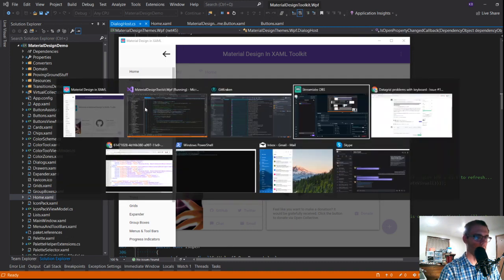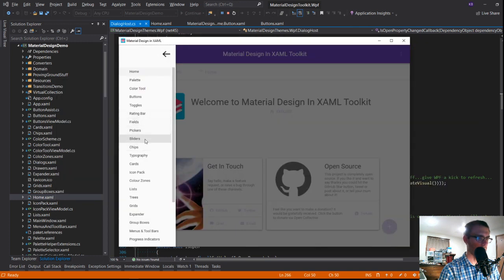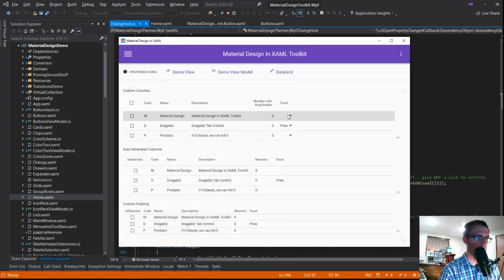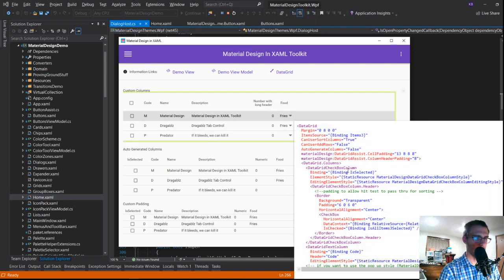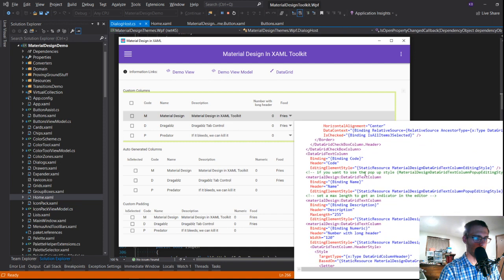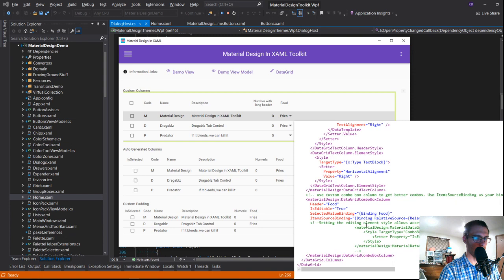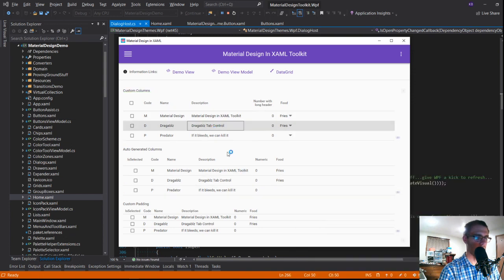So I've already forgotten the Datagrid. That's what we were doing. Datagrid. Because we've got this guy here is a Combobox column, right? So Datagrid checkbox column, Datagrid text column, Combobox column. Okay, so let's come over here.